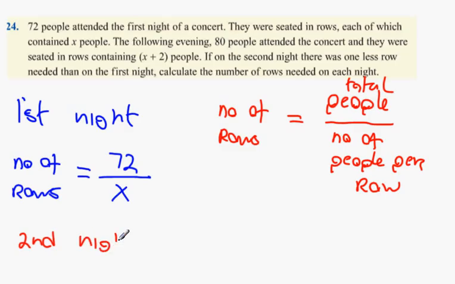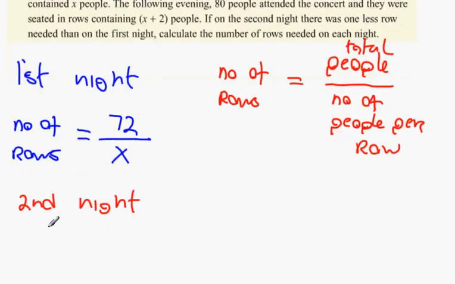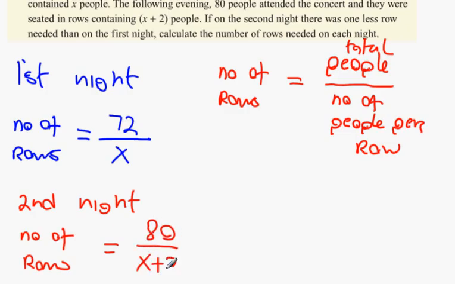Second night, number of rows. So, how do we get the number of rows for the second night? 80 over X plus 2. Because there's 80 people, and now there's X plus 2 people per row. Now, the final formula, and this is the hard part to get, is number of rows on the first night,